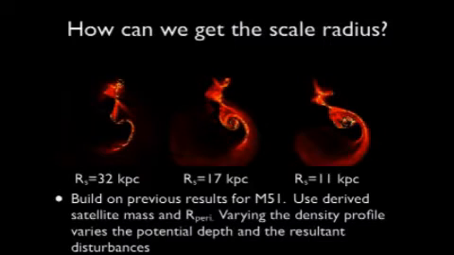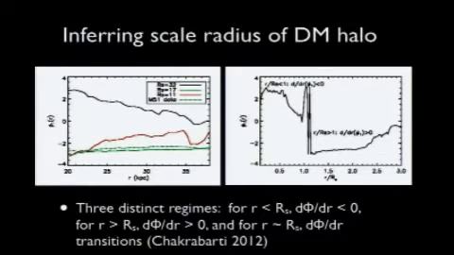You can express what you're seeing here in the images quantitatively by looking at the phase of the modes, which tells you about the shape of the spiral planform. That's what I'm showing here on the left, the phase of the m=1 mode as a function of radius for the 3 cases that I showed in the last slide. The black line shows the phase of the large scale radius case. The red line shows the phase of the 11 kiloparsec, the low scale radius case, and the green is the